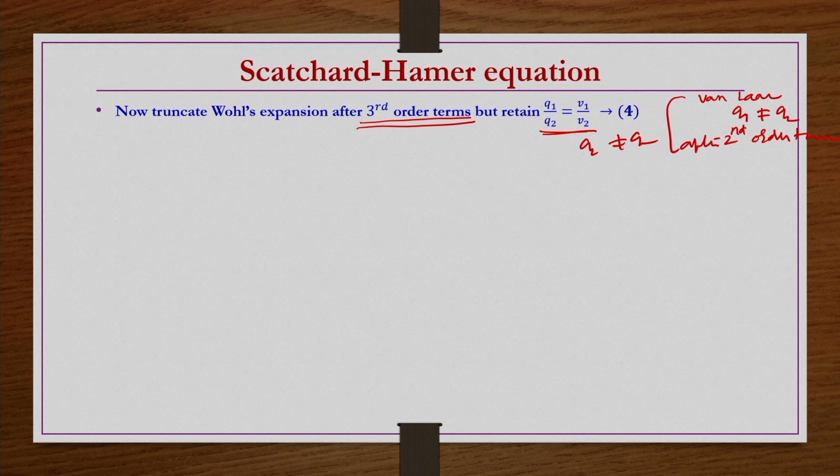So, in that way it is a kind of improvement over the Van Laar equation, but gradually it has not been found to have better adaptability, especially with the experimental results, unfortunately, though it is an improvement over the Van Laar equation from the Ol's expansion point of view, where we are taking up to third order terms in this Scatchard-Hamer equation. Despite the Van Laar equation taking only up to second order terms, it matches very well with the experimental results, but with the Scatchard-Hamer equation, though we are taking up to third order terms, the experimental matching is not so good,